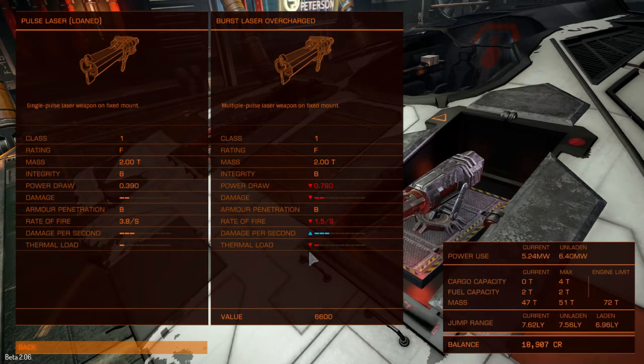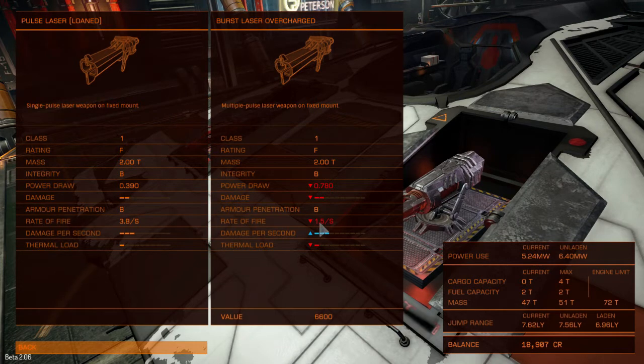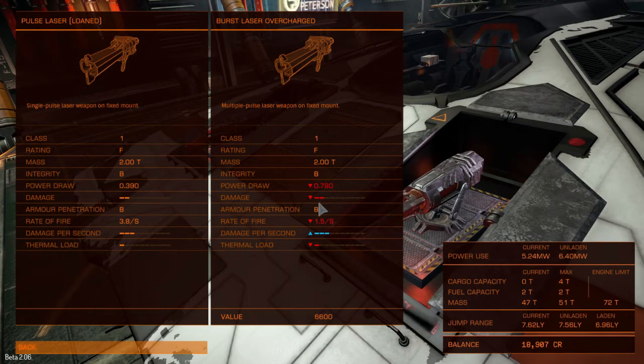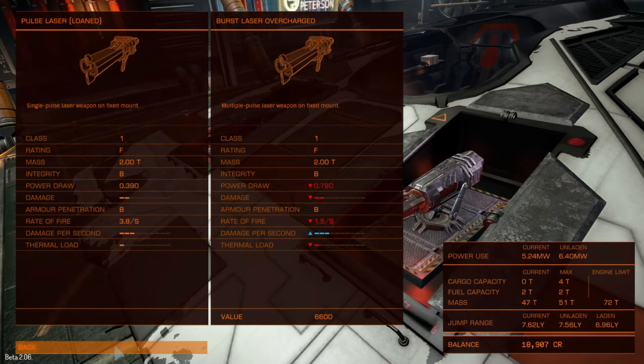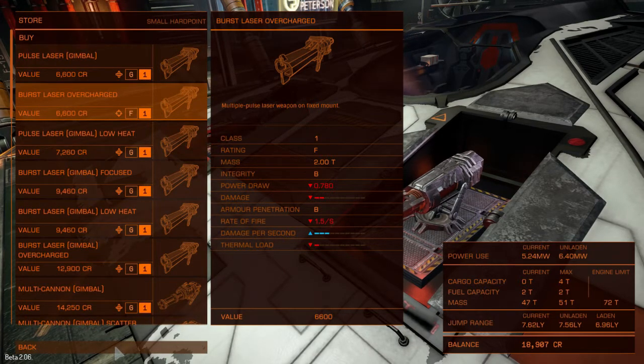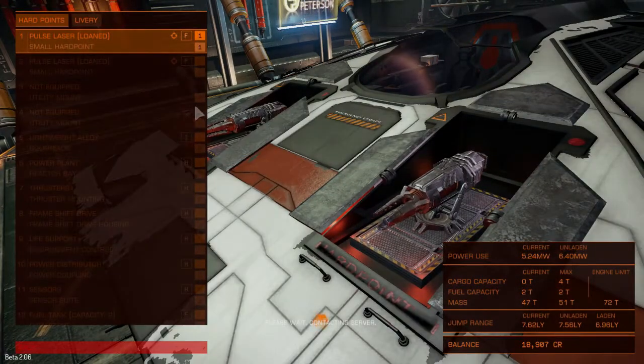Uses up more heat, does more damage per second. Armor penetration B. Really doesn't seem worth it, does it? It's got a lower rate of fire. More thermal load. But the damage per second is showing as more. Let's go for it. Now, there used to be a bug, which possibly they fixed, which was if you try